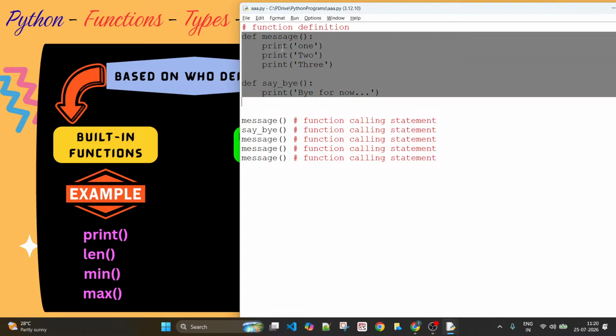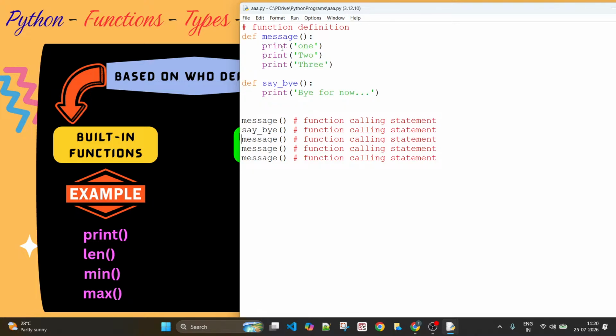No. Still you are able to execute or call that function. Why? Because print is a system-defined function or built-in function. Print comes along with the software installation, so you can directly make use of it, right?